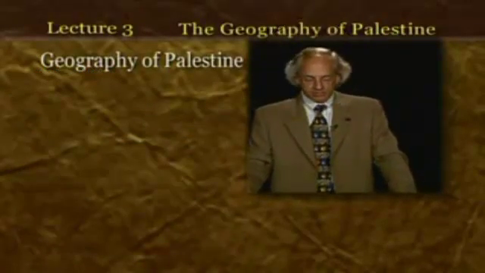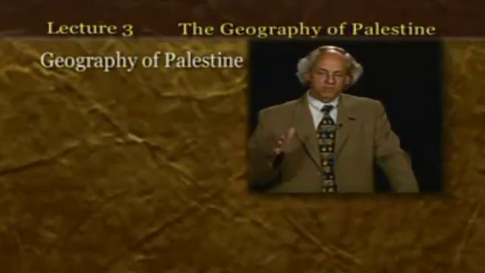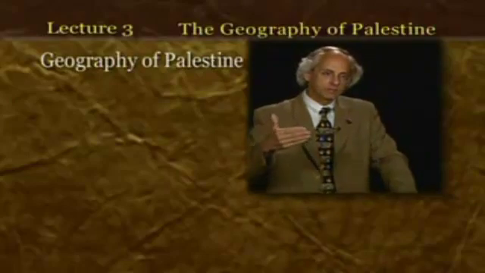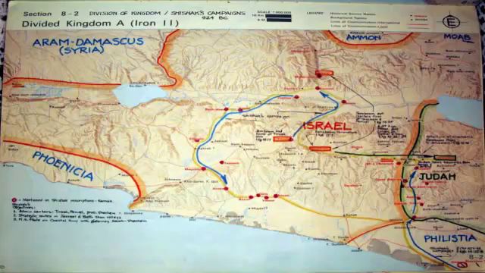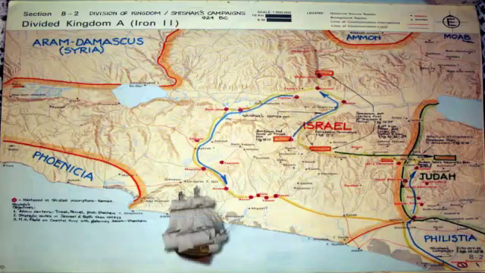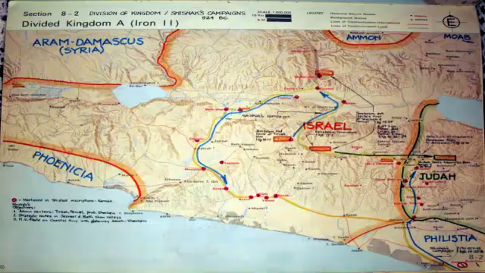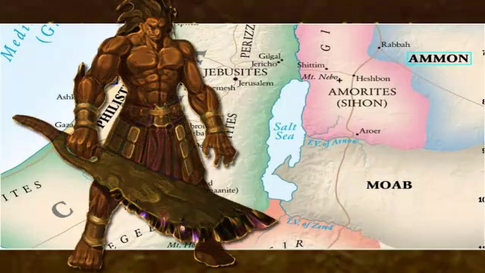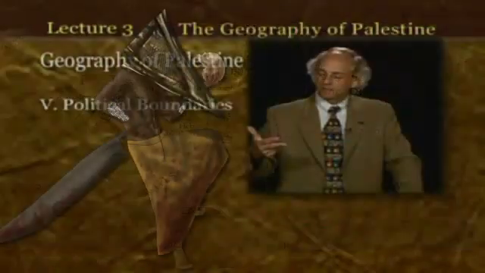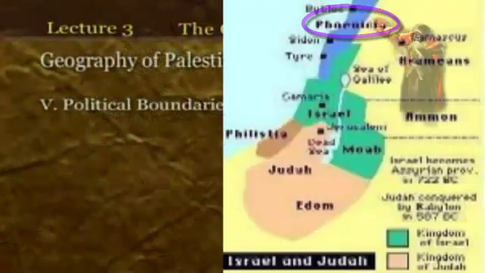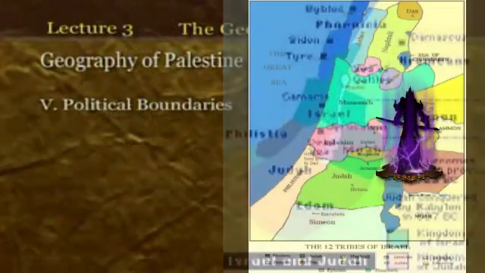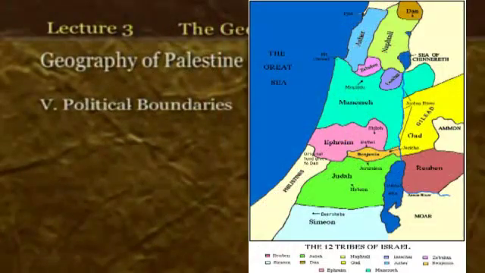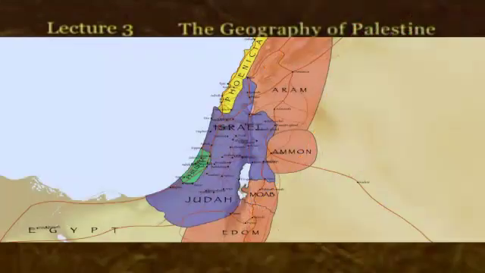Well, in this land, in this geography, and we're going to go through the history here a little bit in a session or two, but I want to just emphasize that this geography hosted a number of nations. There were the Philistines, and the Phoenicians, and the Ammonites, and the Moabites, and the Edomites, and Syria as well.